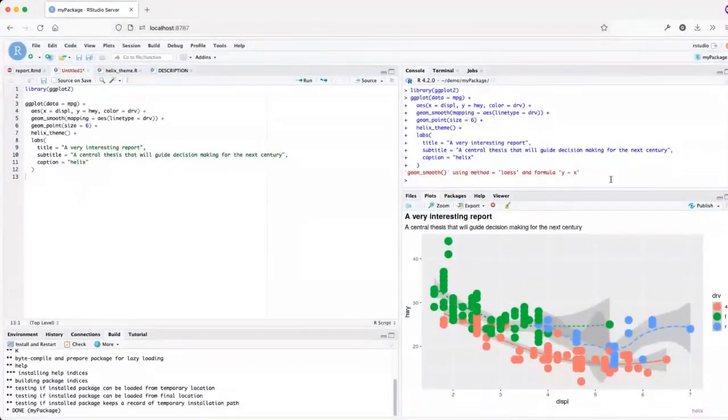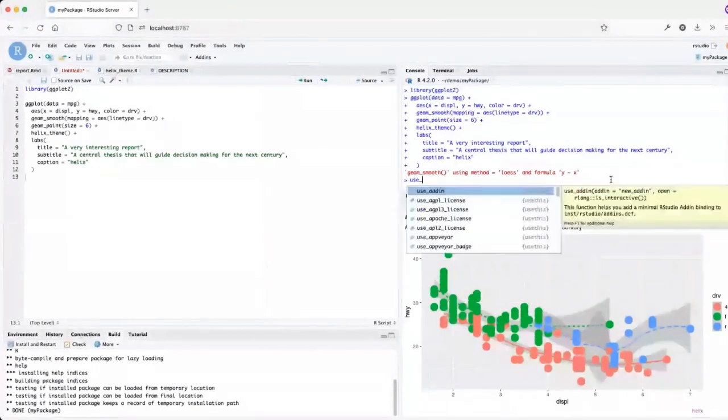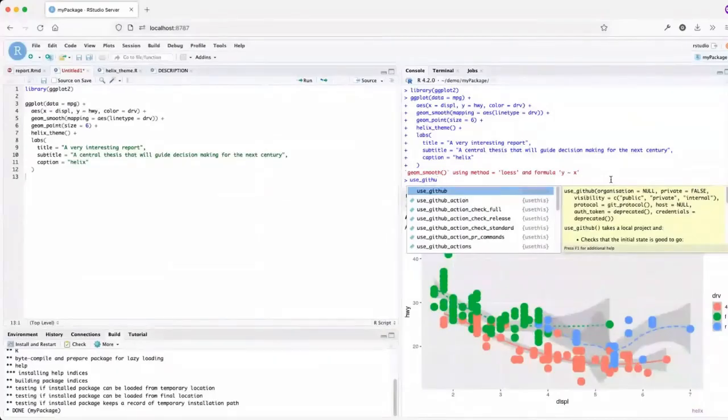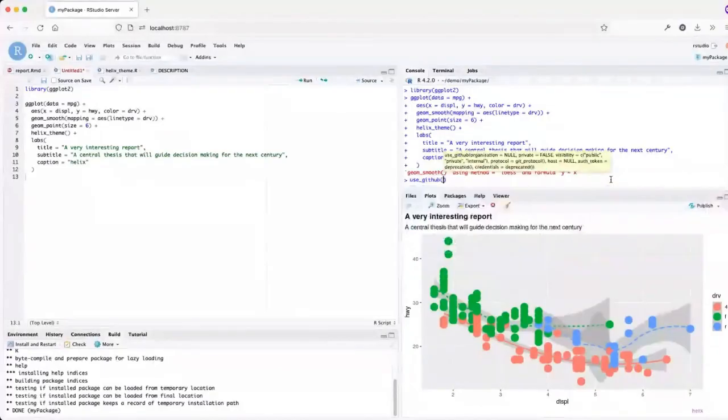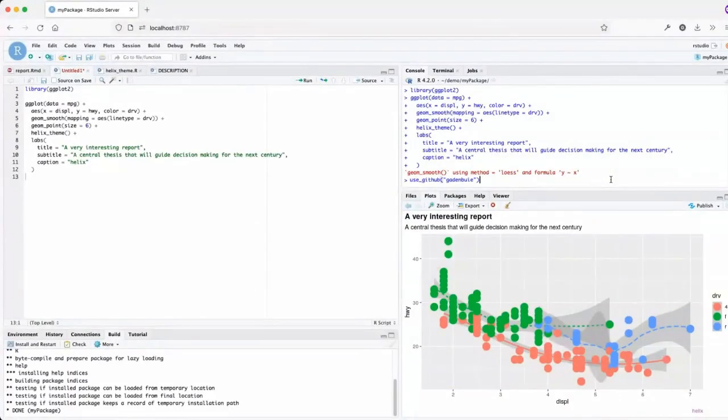Sure. You know what? I'll actually do this for us, right? Although I don't think it's going to work, I'm going to have to just sort of talk through it. But you can use usethis, which will help you. So you have functions in usethis, of course. There's use_git and use_github. So I could say use_github, and I could say where I want to push this. Usually I would say my GitHub username is Aden-Buie, and that's actually all you need to do.